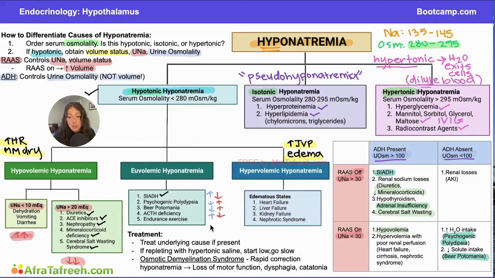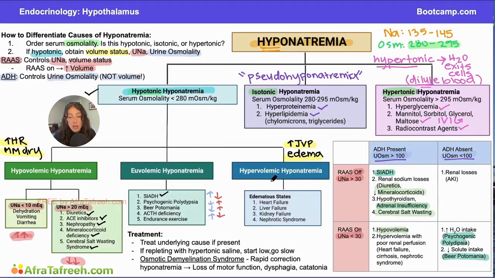And that is why your urine sodium and urine osmolality are going to be excellent tools for you to be able to use to distinguish which one of these euvolemic hyponatremias is occurring, in addition to elements in the history and physical exam. And then the last set of diagnoses I want to talk about is if you have a hypotonic hyponatremia, but your patient is hypervolemic on physical exam. So maybe they have an elevated JVP, maybe they have a bunch of pitting edema, they're going to be hypervolemic